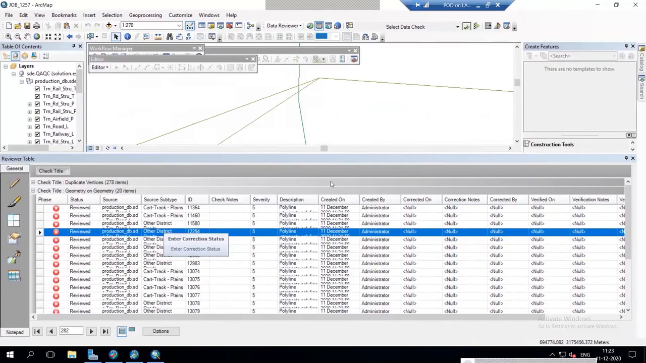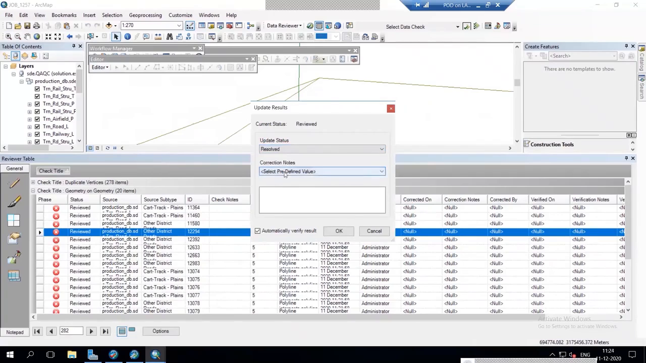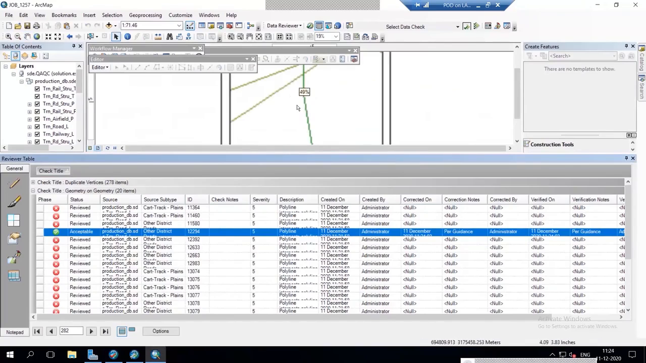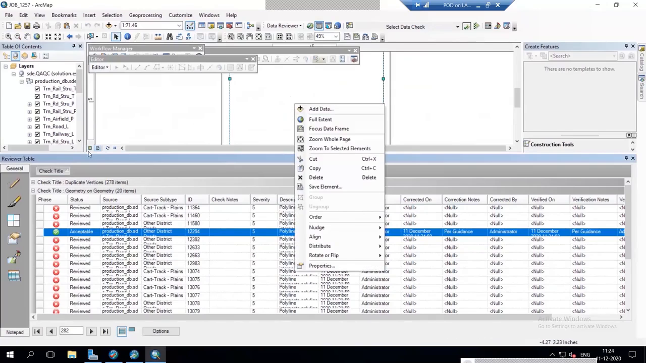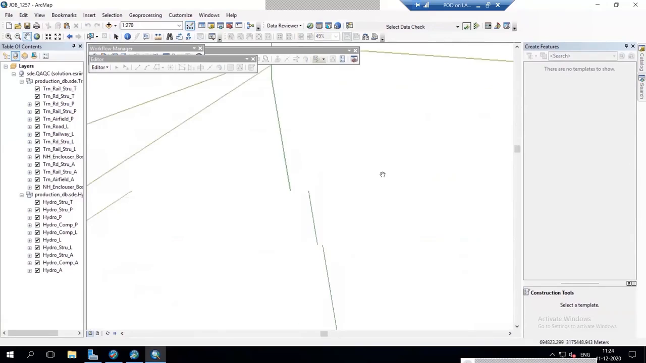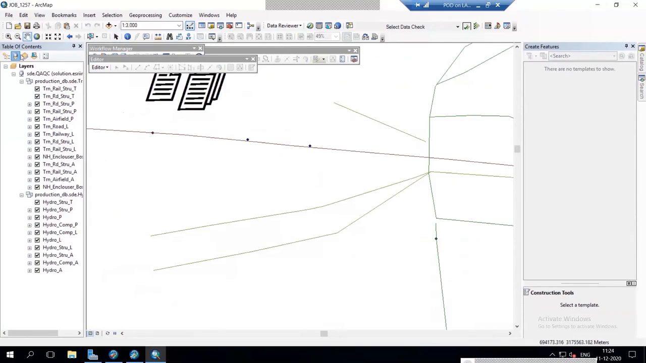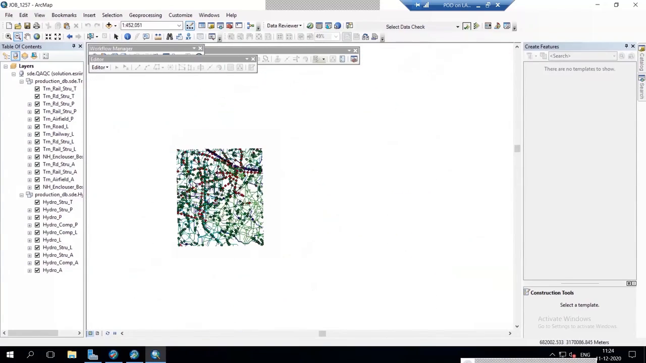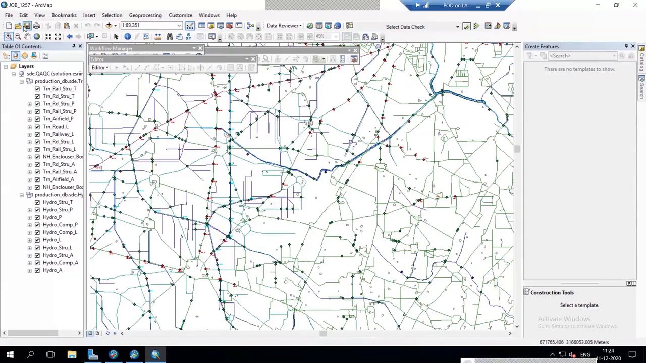I can set the status, enter correction status. I can say resolved as per the guidance and I can just click OK. So as soon as you change the correction status and you have made edits, you can see the symbol has been changed over here. And now you can just go to the data view, set your map. So I would like to create the output for this particular extent. I'll just set the extent, then save it